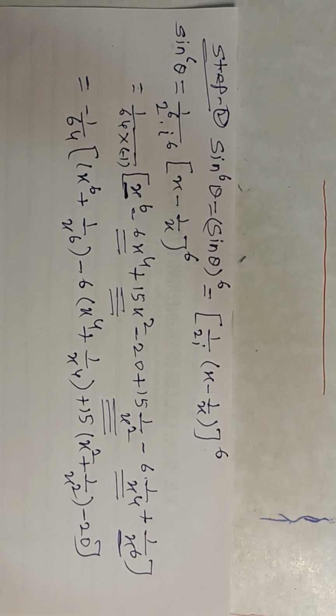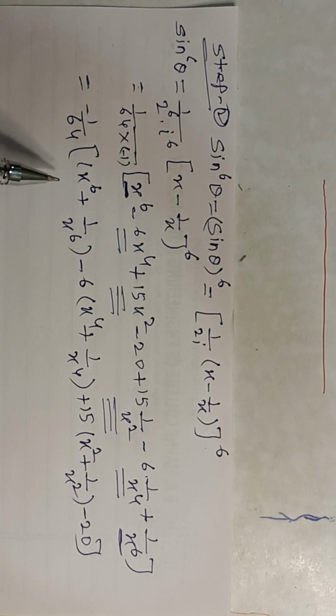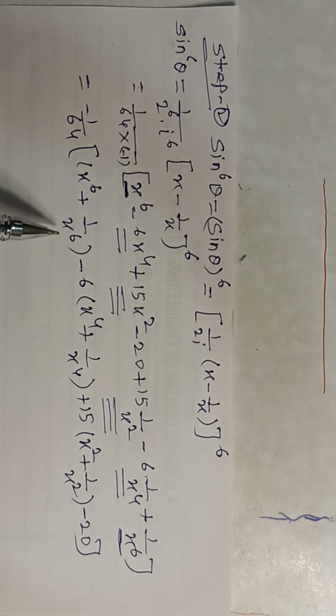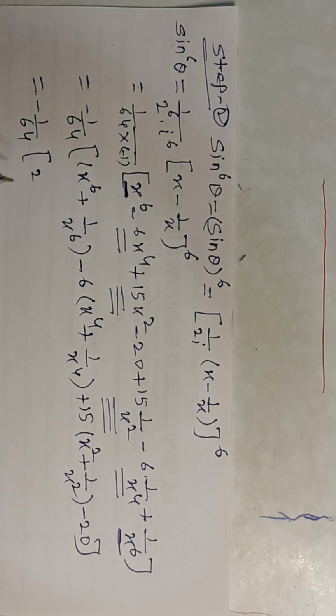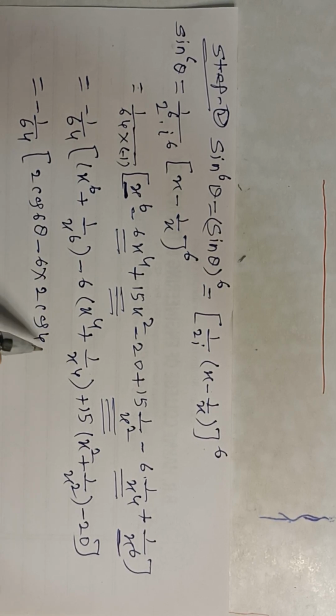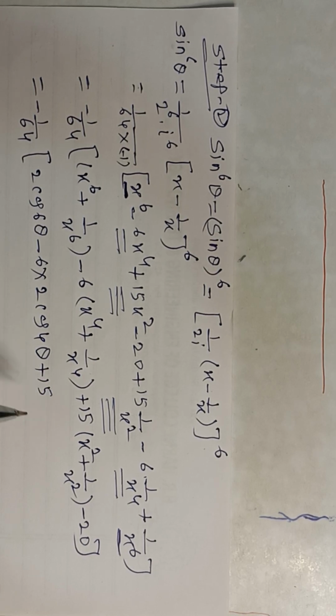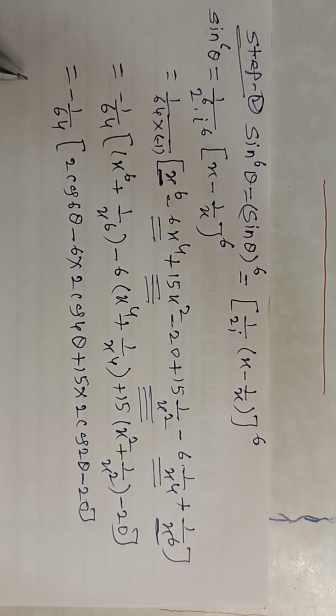Now x raised to n plus 1 upon x raised to n. Again the same formula. x raised to n plus 1 upon x raised to n will be 2 cos n theta. Applying that formula, minus 1 upon 64 into 2 cos 6 theta minus 6 into 2 cos 4 theta plus 15 into 2 cos 2 theta minus 20. Take 2 common. So this is equal to minus 1 upon 32